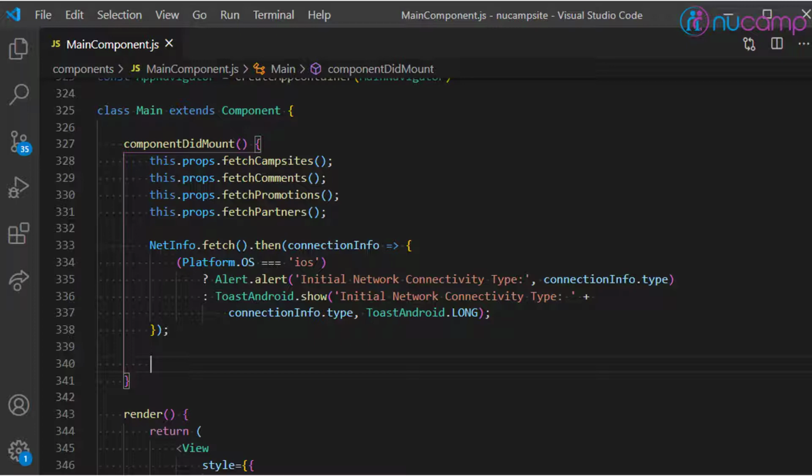So we'll want to save that function by assigning it to a method on the class, this.unsubscribeNetinfo, so we can use it later. Because we're already inside a method, we have to be sure to use the this keyword to specify that we're creating this as a method on the parent class rather than as a local variable inside componentDidMount. Then we'll call